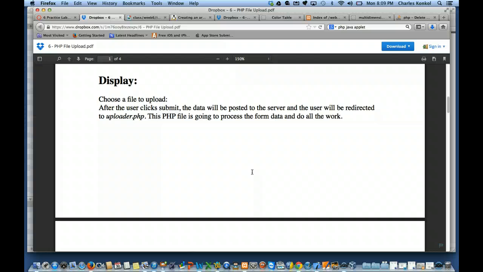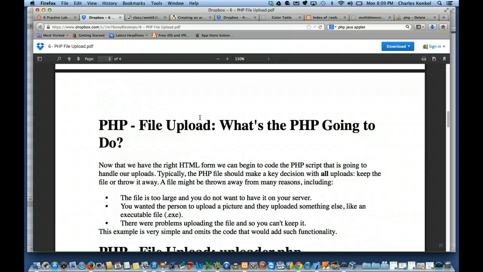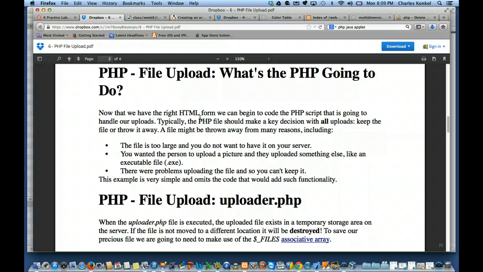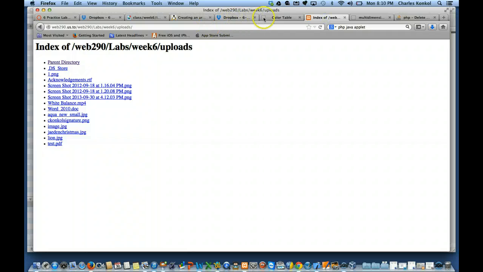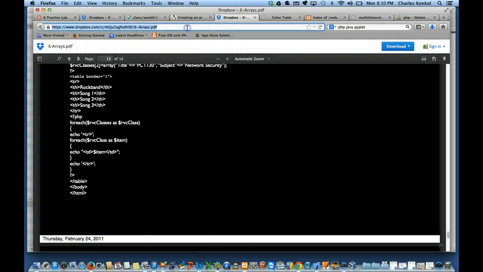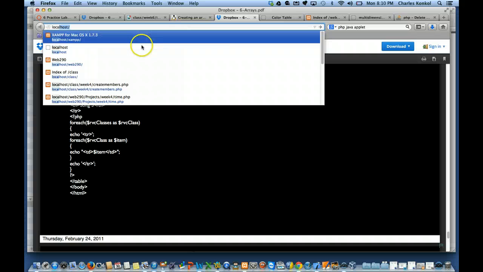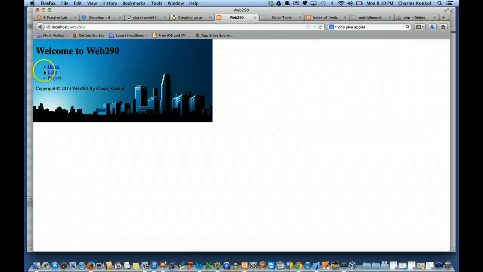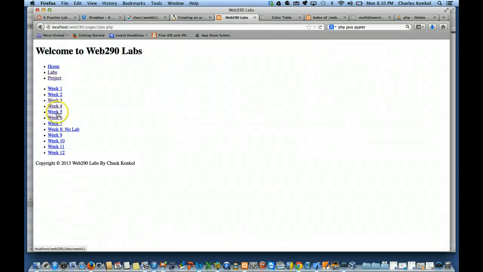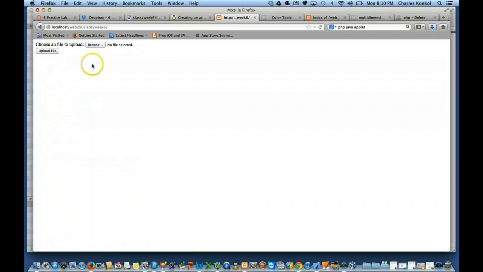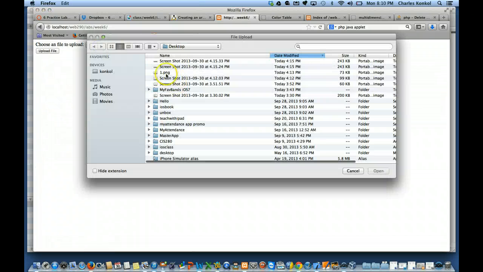So you choose a file to upload. It redirects to uploader.php. The PHP file is going to process the form and do the work. So let me run it locally before we talk about it. I'm going to run the localhost one first. Okay, so here's a localhost version on my Mac. I'm going to go to week 6, browse out,